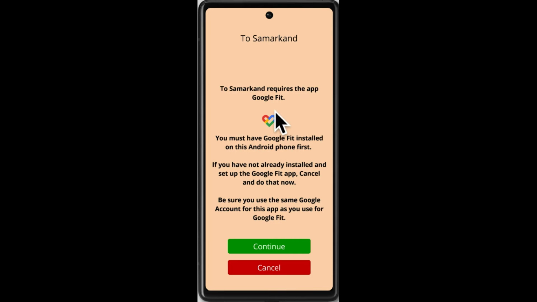That's most important because To Samarkand doesn't count steps itself. It relies on Google Fit to tell the total steps you took. The reason for that is that Google Fit is a nice place to aggregate all of your exercise and fitness information together and provide a summary, a total, various other things about all of your exercise for